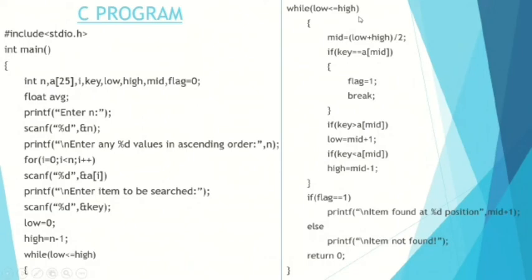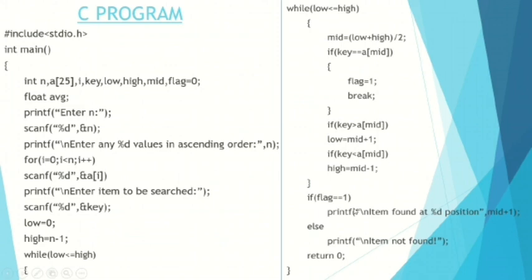Inside the while loop, we check whether the element at mid is less than the key value. If yes, then we assign low the value of mid plus 1 because the key value is greater than mid and is more towards the higher side. If this is false, then we check if mid is equal to key. If yes, we print and break out of the loop. If these conditions don't match, then we assign high the value of mid minus 1, which means that the key is smaller than mid.